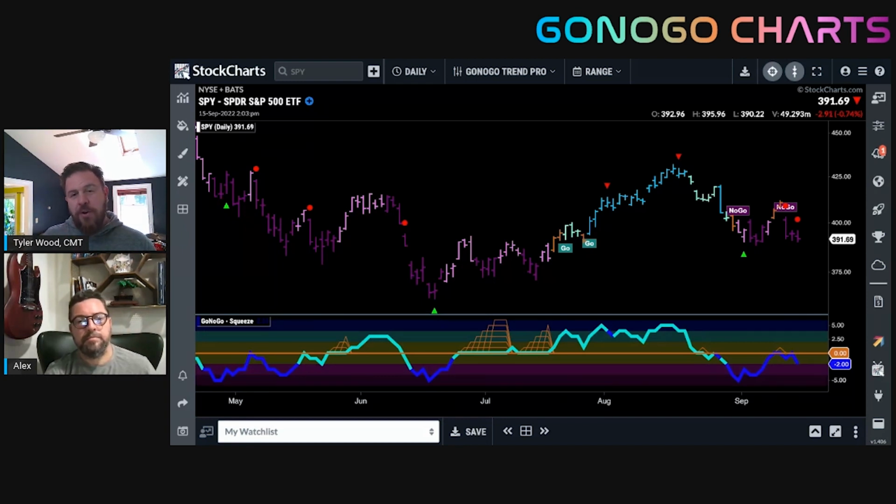Alex, you've also incorporated volume into the GoNoGo oscillator in that lower panel. So one of the other confirmatory indicators we're looking for is heavier relative volume on those downside moves. And of course, we're seeing that in the dark blue line of the GoNoGo oscillator, showing us that we've got heavy relative volume. Now, that's how you would use GoNoGo charts.